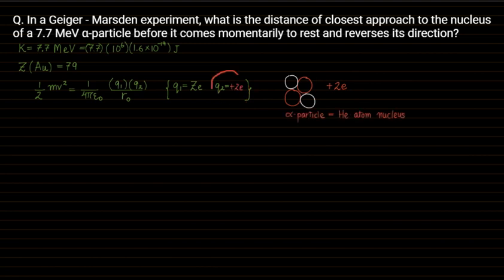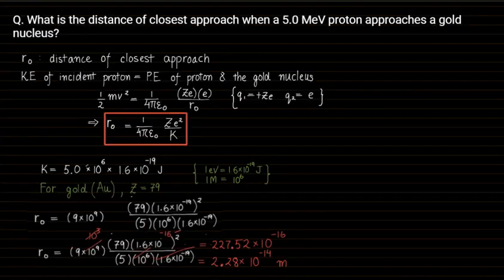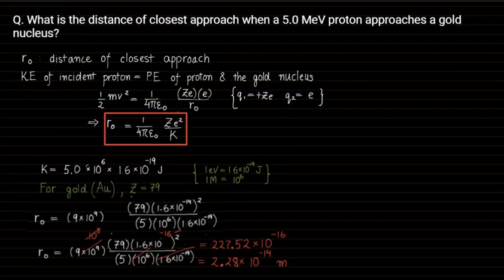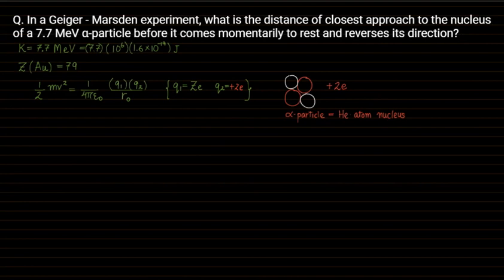If you use the similar relation like in the previous case, it won't give you the correct result. Why? Because this time the charge of the incident particle is plus e, but in your case the charge of the incident particle will be 2e. So the only difference is that here you have to multiply with 2. So this is how your distance of the closest approach will look. See, I have multiplied this 2 here. Why is this 2 coming? This 2 is coming because of this 2. Fine. So you do the calculations, and your answer should match.